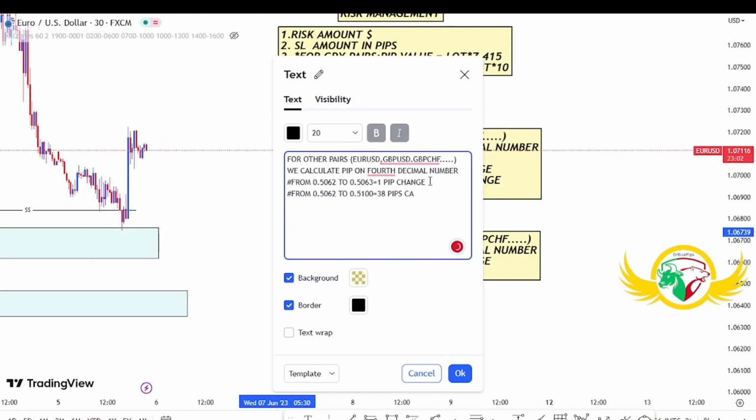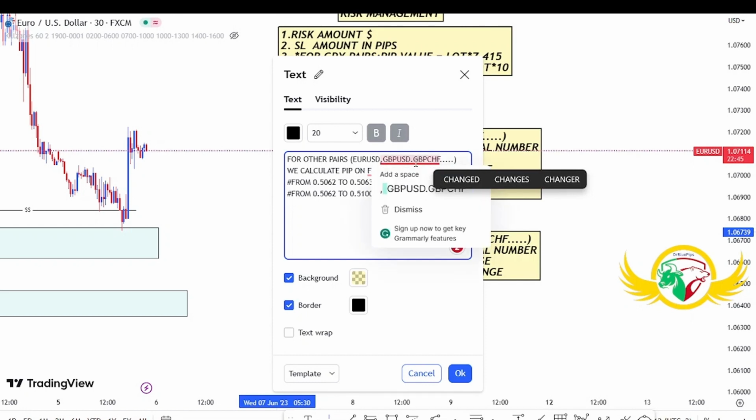This is 38 pips change. I'm not saying negative or positive, because it depends on your position. You might be buying or selling, so it will depend on your position. So this is how we calculate pips